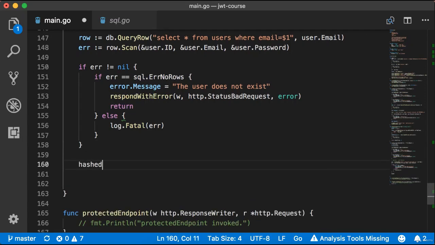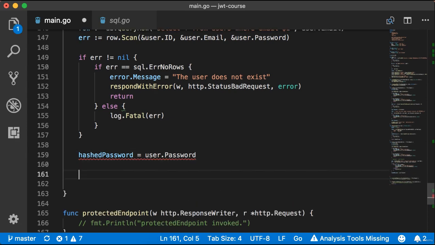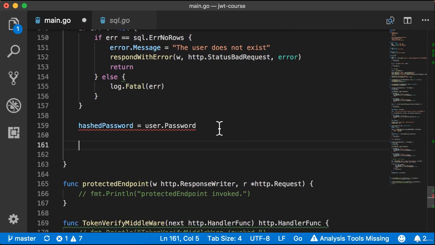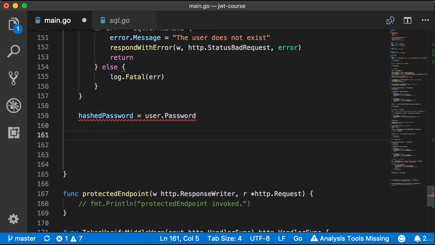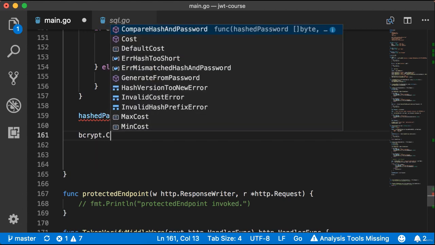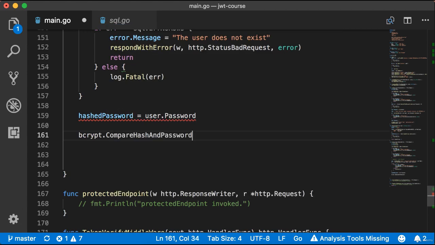So now let's create this hashed password variable and assign to it the hashed password that we saved on the users table inside our database instance. What we want to do right now is compare this hashed password with the password that was provided by the user, and in order to do that we are going to use the bcrypt package's CompareHashAndPassword